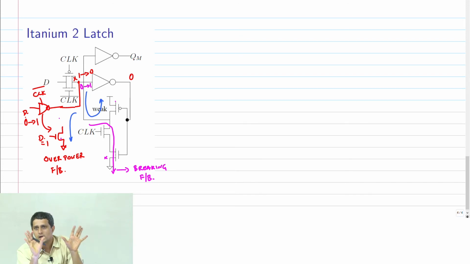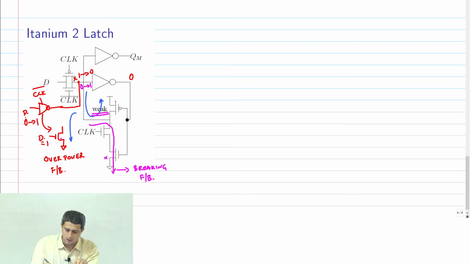So in order to reduce area, you have to do this only by sizing the PMOS down, right? So you allow the fight to happen between an NMOS pull down and a weak PMOS pull up. That's why you will see this weak PMOS pull up in many places, because it's very easy to make a PMOS weak with small area. Okay? Any questions here?